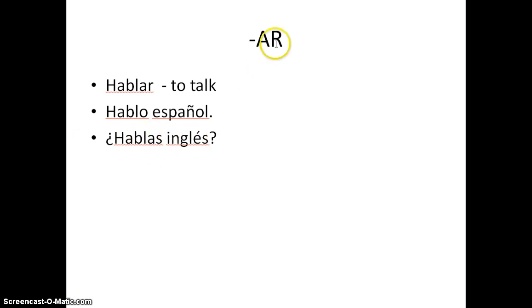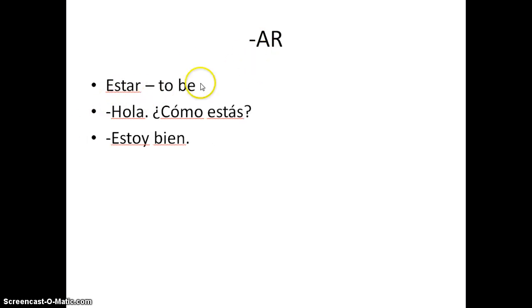Compare that to another verb. These verbs we're looking at today are all AR verbs. You'll learn about that more later, but you can see here this ends with AR, so it's called an AR verb. Here's estar, another AR verb. This is not an action verb, it's a stative verb, to be. Even the word state is related to the word estar, your state. So you're asking, what's your state of mind? Hi, how are you? Hola, ¿cómo estás? Estoy bien, I'm fine.